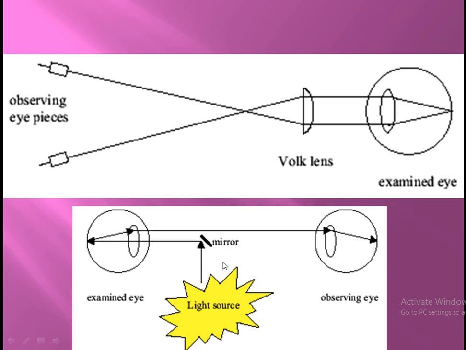As compared to this, the ophthalmologist is using the apparatus in which the lens, the light source, and the mirror are all present in one instrument, and this is the patient's eye. So this is the image formation as the ophthalmologist is receiving it. There is no crossing, so the image formed is the actual image, as compared to this inverted image.